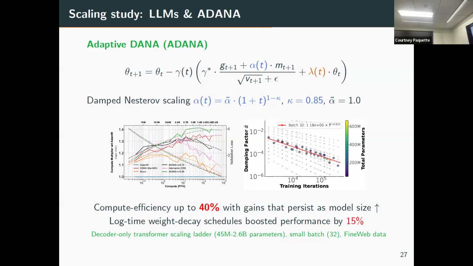Then my student Damian was like, let's just test this. I'll show a picture of what kappa is, but we found that if you suppose this were constant, run longer in time, scale up models, go past Chinchilla, and then try to fit to this form, you get the exponent 0.85 or 0.853, whatever. So somehow it's matching the correct rate.